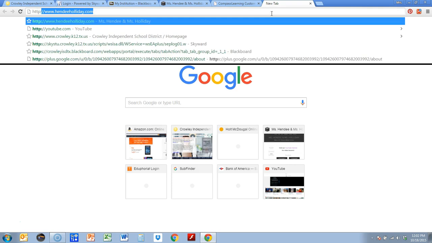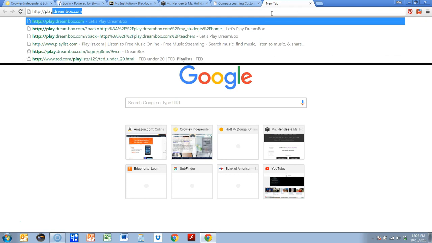http:// and then I'm going to pause there. So http: is the 2 little dots, so 1 colon and then 2 slashes. And remember, no spaces anywhere. Then we're going to type the word play dot